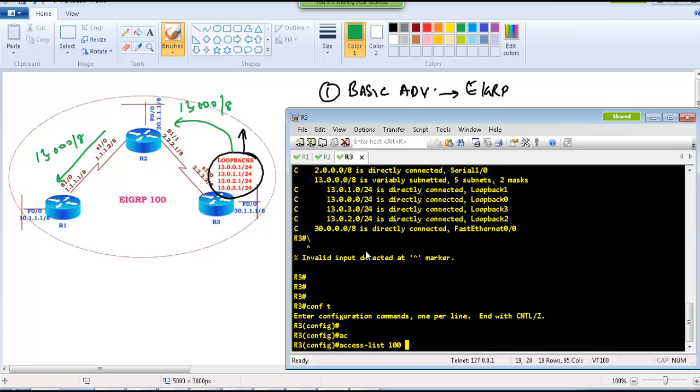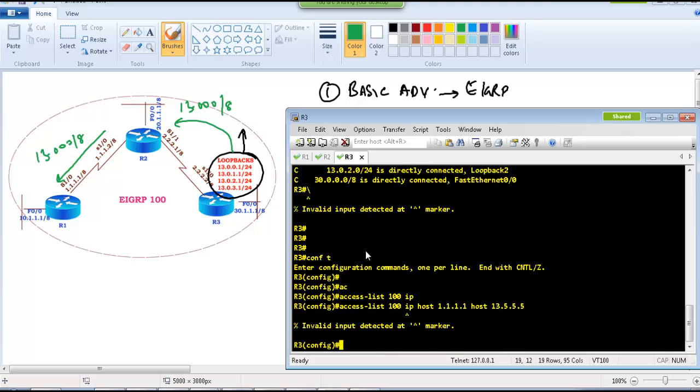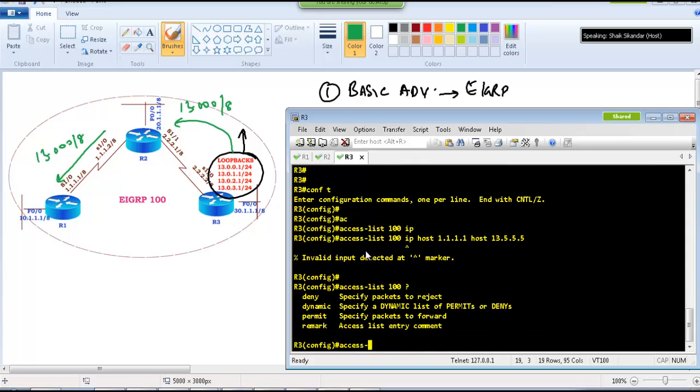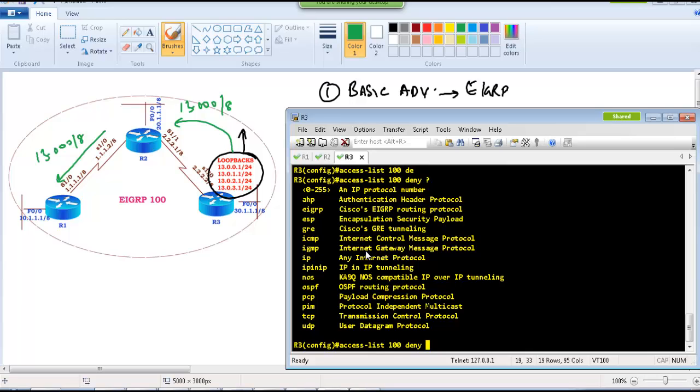It's going to say any traffic coming from 1.1.1.1, that is from router 1, going to 13.5.5.5. Sorry, access list 100, I need to say deny. I just got the syntax. So deny IP traffic coming from 1.1.1.1 going to